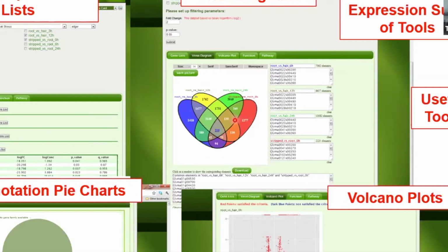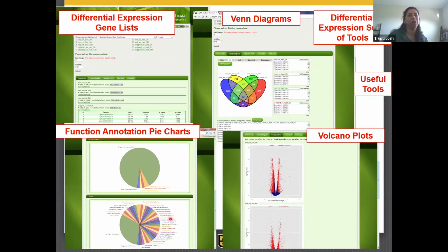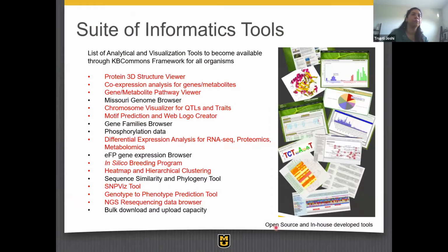And you can simply click and get access to the list of genes which are differentially expressed, plot them onto pathways, have an idea about functional annotation information, or really see which of them might be upregulated, downregulated, and so forth. So you can make decisions about which genes to focus on for your follow-up or downstream studies.